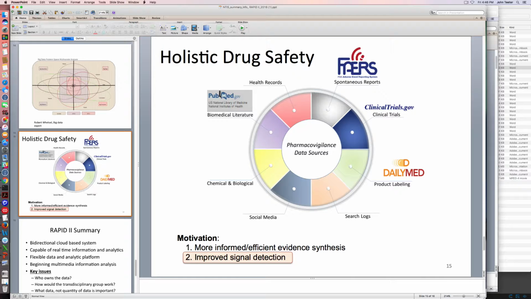And in all the models, they test the different receptors on muscle cells that are associated with disease, and one is called PPAR-delta. The one receptor that this Avandia drug activates is PPAR-delta. So in the model, you would know that it would cause a heart signal, but we didn't know it at the time. So one of the issues around RAPID is that when you get information like that,